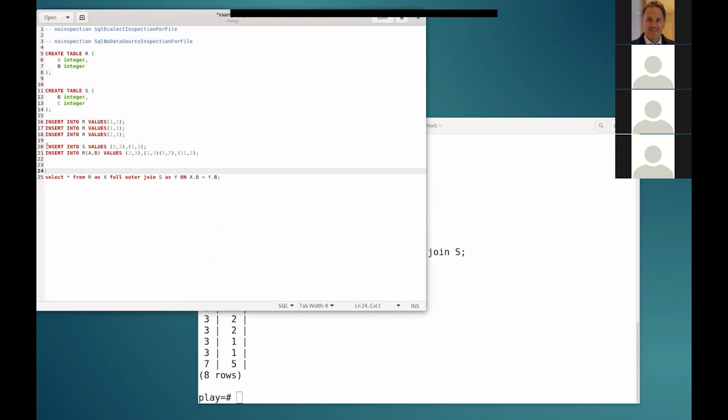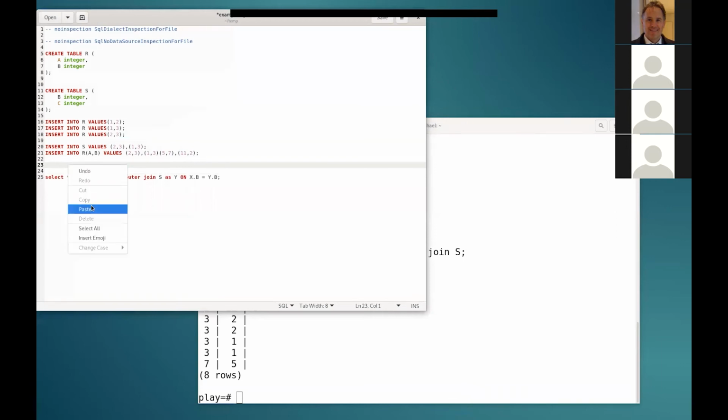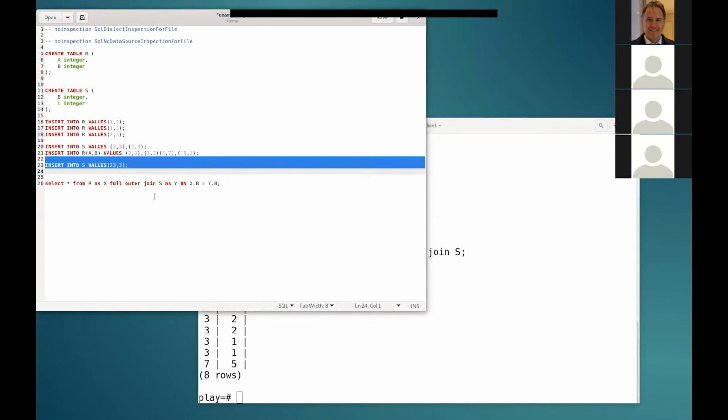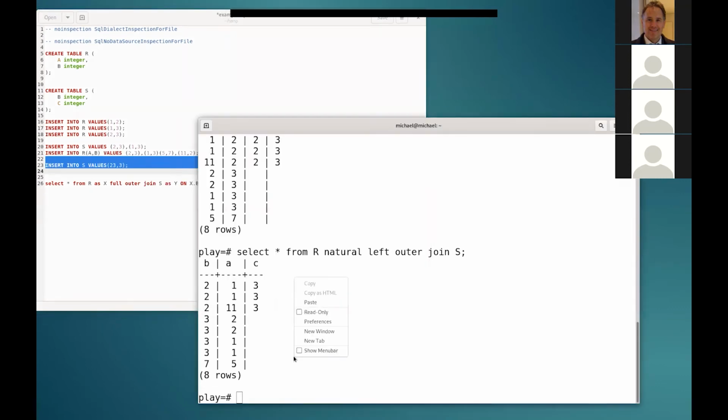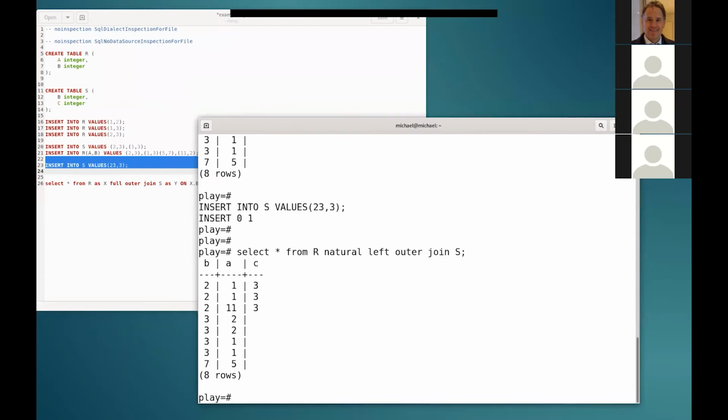So I'll just take this guy right here, and I'll put it in there, and I'll call this S. And I'll put this at 23. All right, so that's a natural left outer join, but let's also do